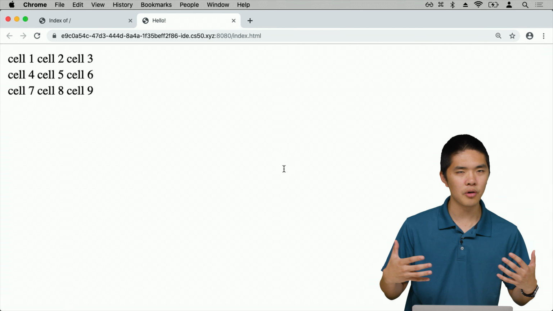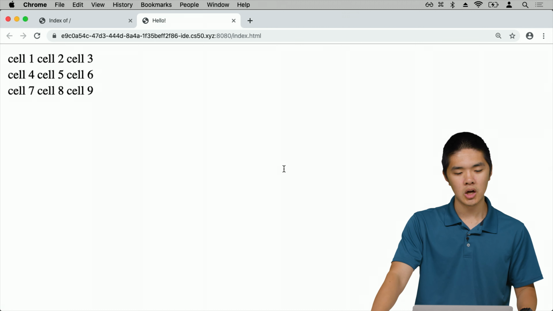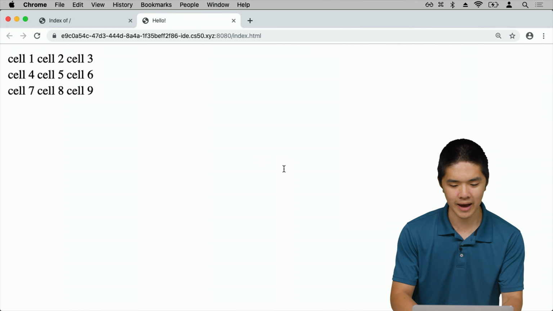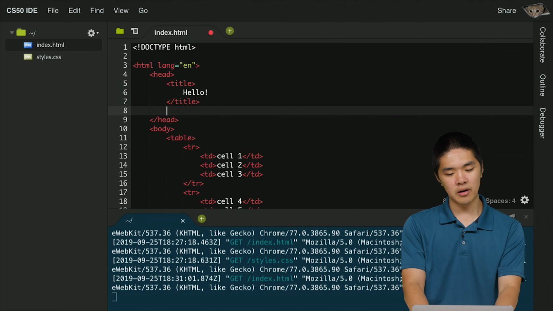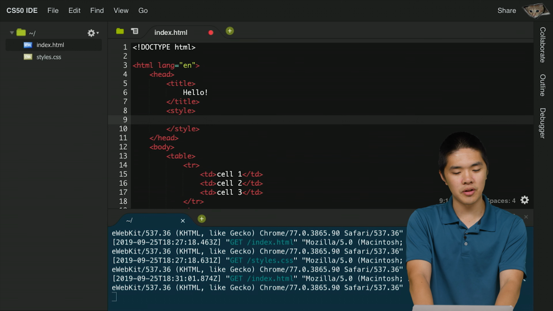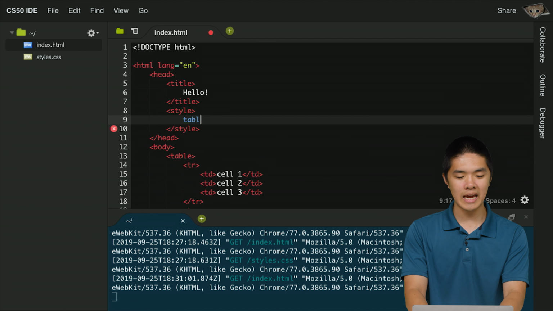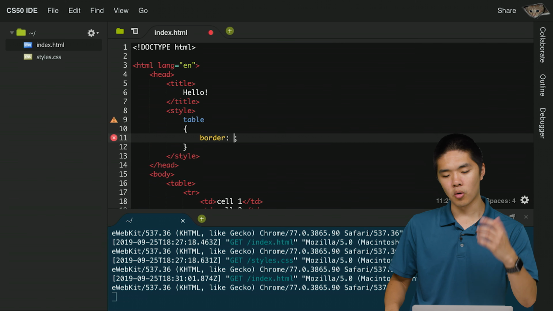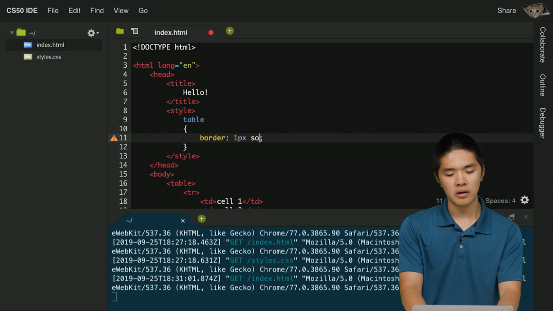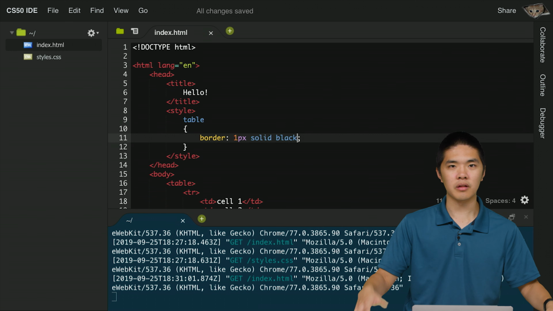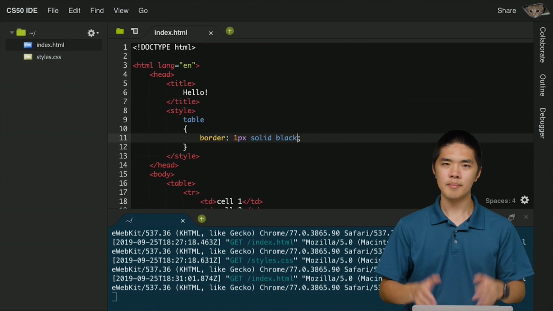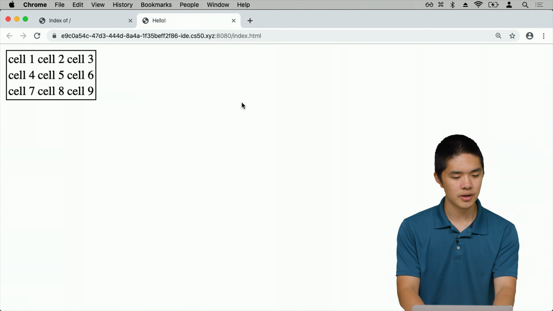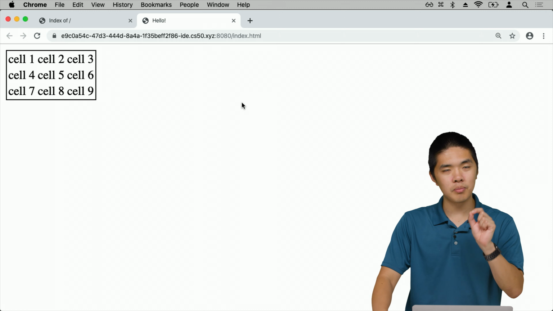So how might we like to style this web page to make it look a little more aesthetically pleasing? Well, for one, you might imagine that this whole table should probably have a border around it. So how do we do that? Well, it turns out that we can go up to the header section of the page. We'll go ahead and add a style section back to this HTML page. And I'll say for all of the table elements that show up on this page, let me give it a particular border. And in this case, I'll specify I want the border to be a 1 pixel solid black border. I could have specified something else, like a 5 pixel dotted blue border, but a 1 pixel solid black border is the border I'd like for now. I'll go back here, refresh the page, and all right, I have a 1 pixel solid black border that surrounds